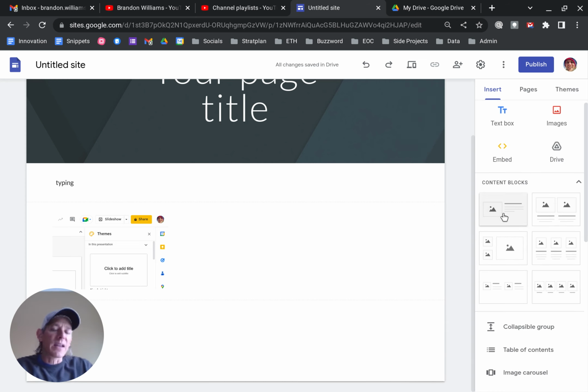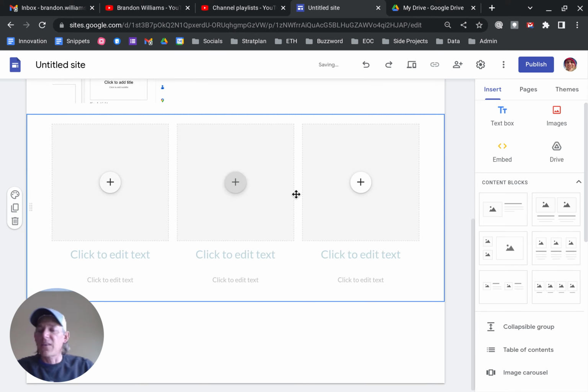With different content blocks, you can actually very easily design kind of a multimedia site. You know, we see it a lot of times where you go to a website and they've got a paragraph intro, and then they've got 3 content blocks with an image and a quick title, and it's an easy way to do a navigation. That's right here. If I go down and I click on it, it'll automatically bring up